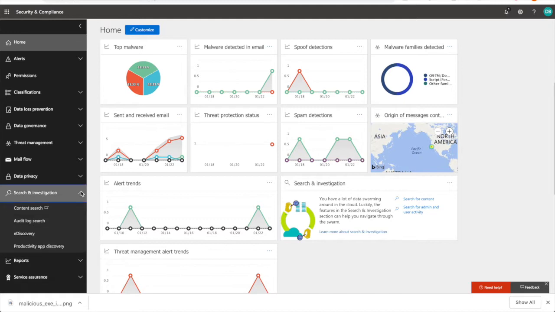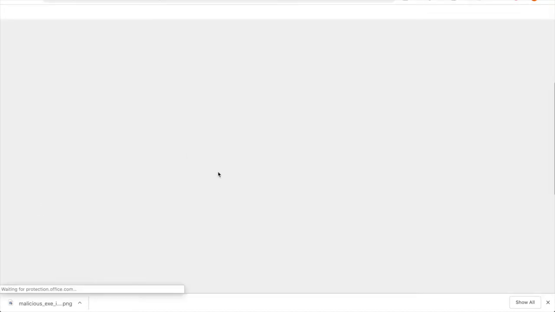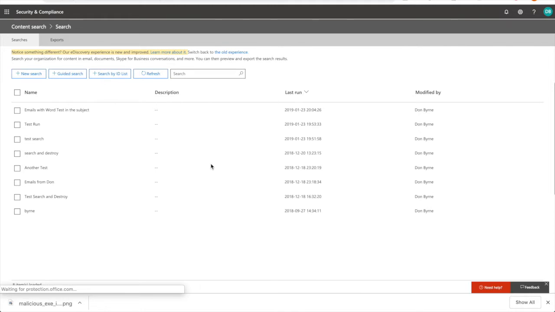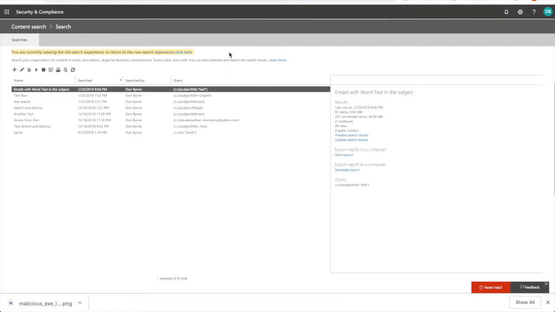So we're going to go ahead and do that. Click right there, take you to the content search. Now, they got two experiences. One is the old one. This is a newer one. Quite frankly, I am having a hard time getting the new one to work. I don't have the right permission, so I'm just going to go to the old version and create a content